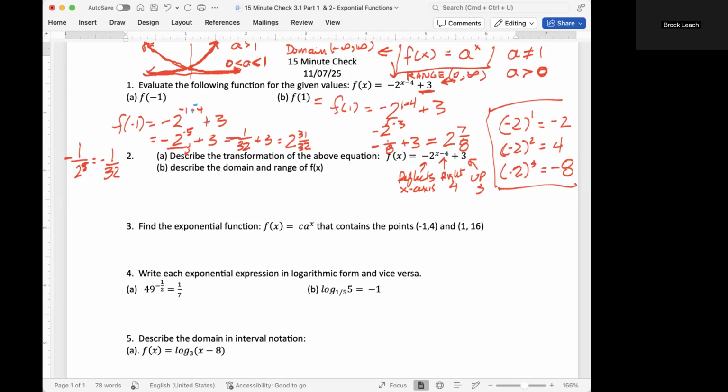So the domain for our exponential function is going to remain the same. It's negative infinity to positive infinity. There's nothing we're not allowed to plug into there. We're not going to get zeros under the denominator, and we're not going to get negatives under square roots. The range in this case, though, we need to think about the y. What's the lowest value you're going to get? And since we moved it up 3 units, the lowest point that we'll never